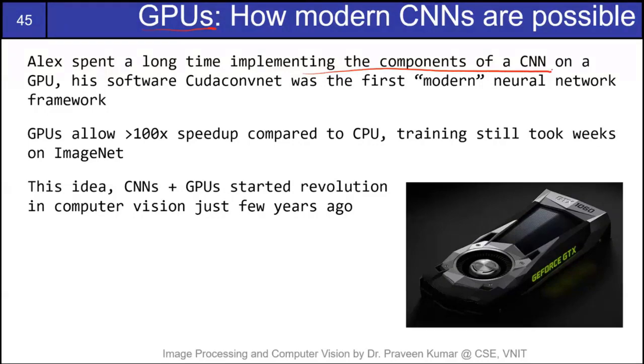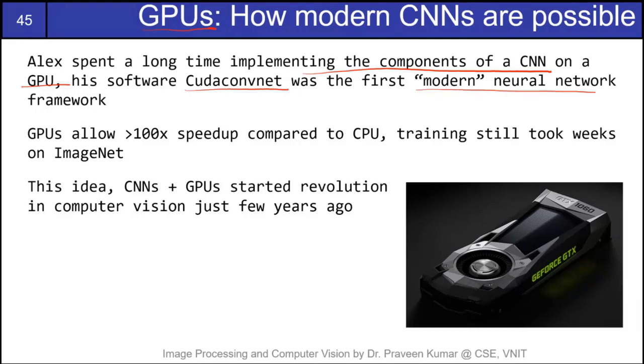So all the convolution operations and pooling operations, all those things, he basically implemented on GPU architecture. GPU requires a different programming than a normal CPU, so that required some effort, and that took some years. And his software, which is called CUDA ConvNet, was basically the first